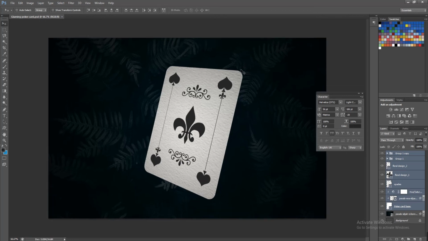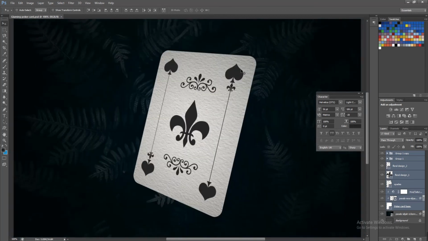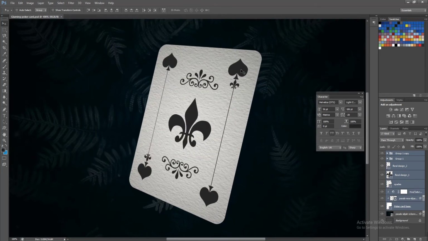Please note that I also rotated the card and reduced the size just a little bit, to fit the size of the card to your canvas. Guys, now it's time to add some fire effect to it. For this I have already saved a fire image which I'll use in this artwork.